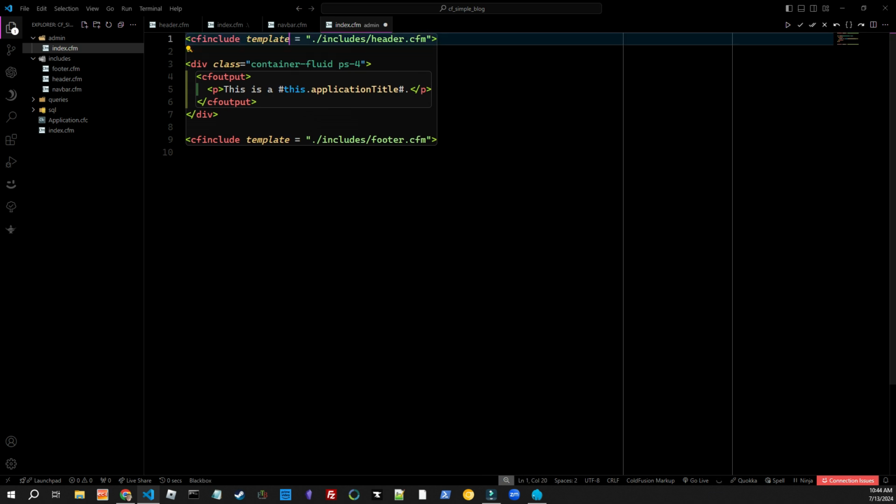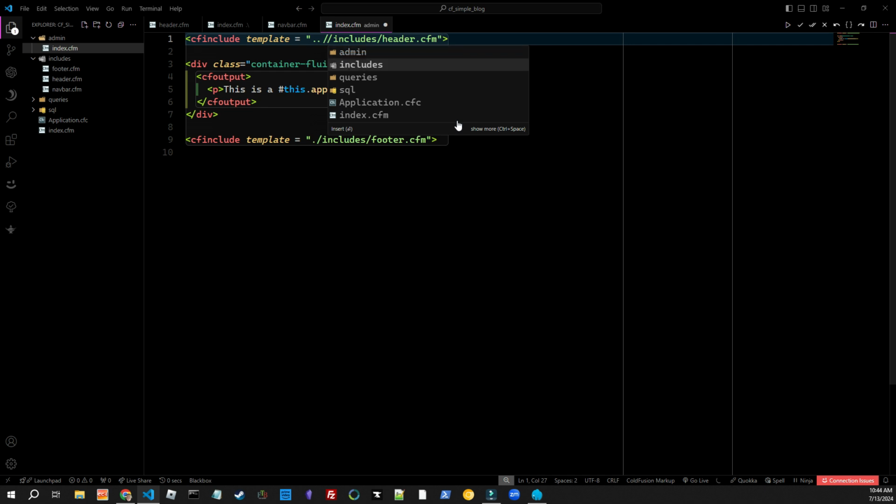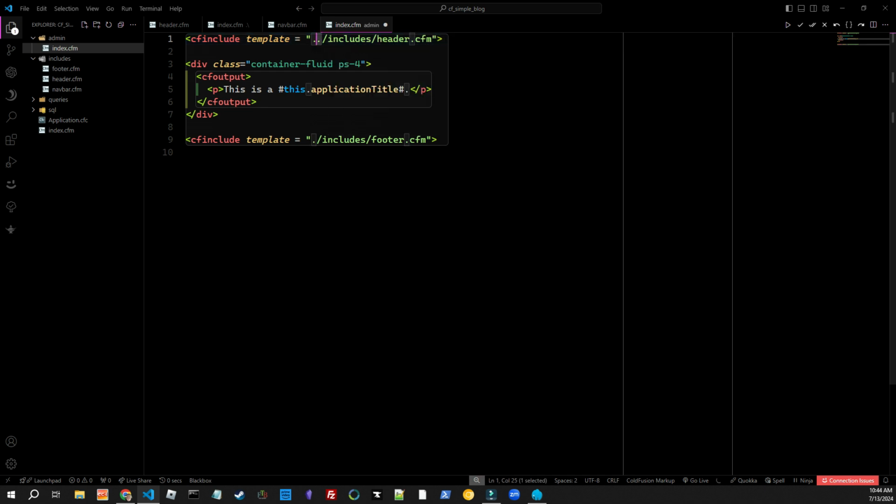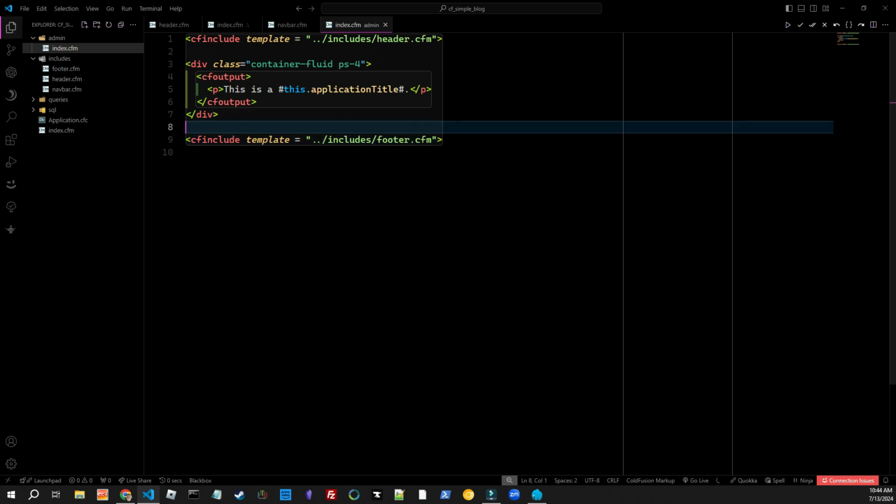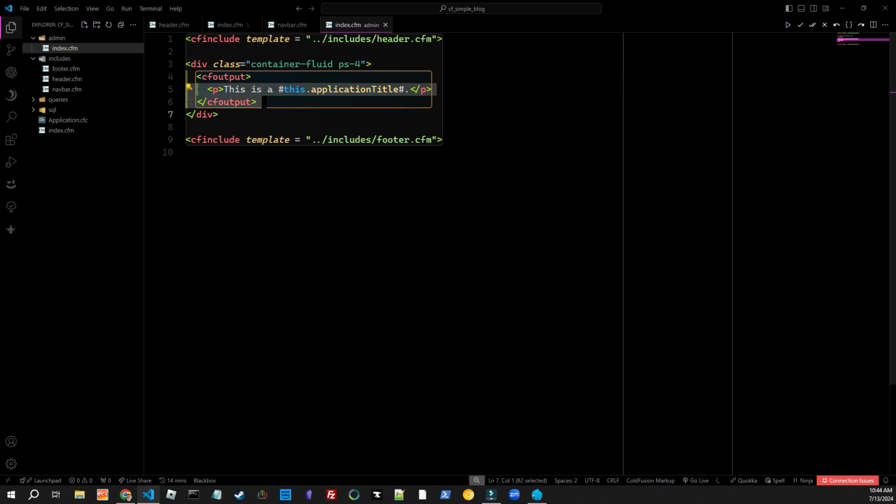So if we simply say, okay, now since I'm in the admin folder, you need to go up one folder, which means go up two dots. 1 dot means you're staying in the same folder. 2 dots means you're going up a folder. And then if you were to hit slash, you can see includes is right here. So we now know that's going to work. We can come down here and put 2 dots there. And so now what we want to say,